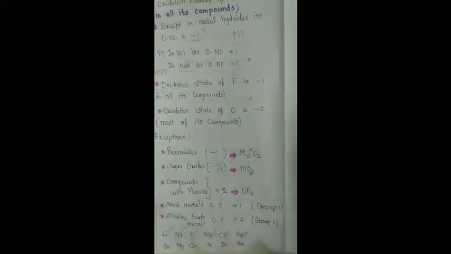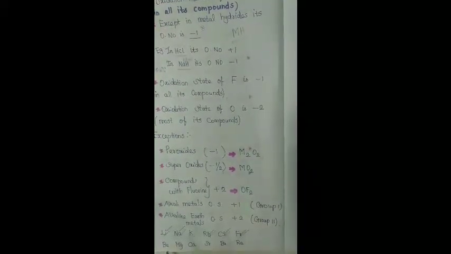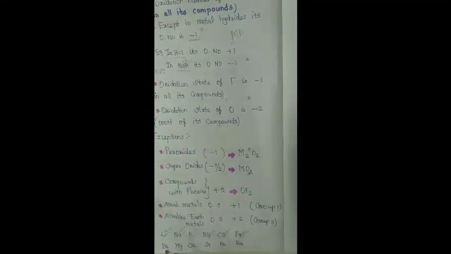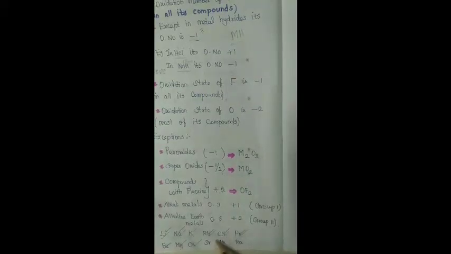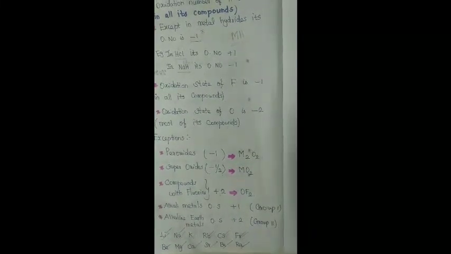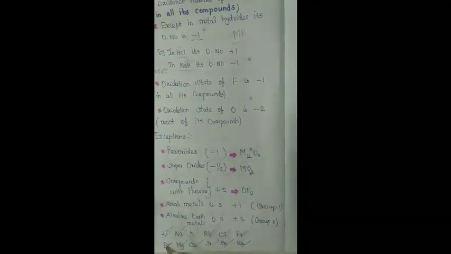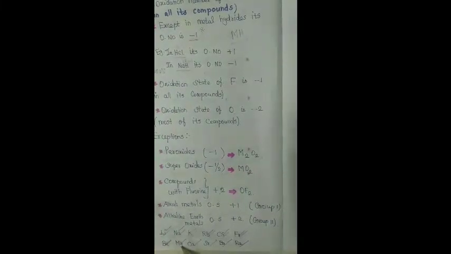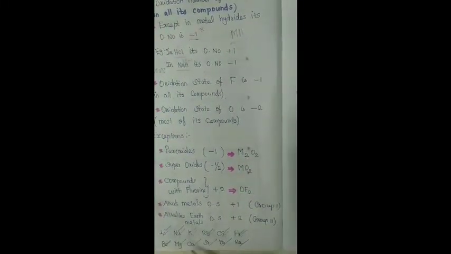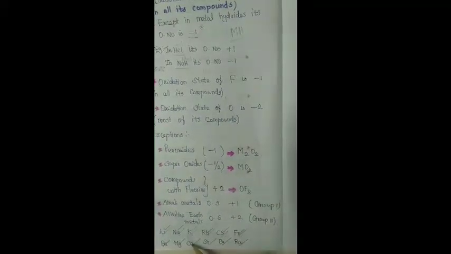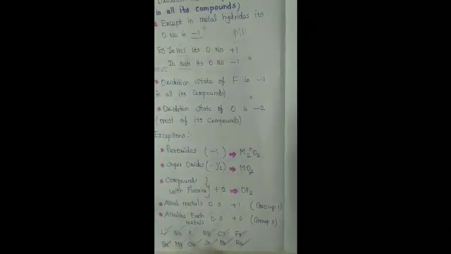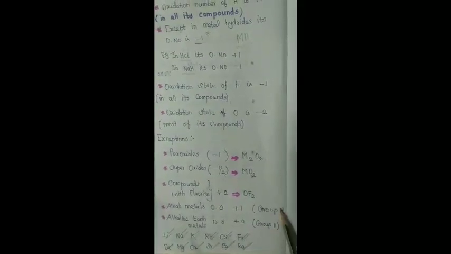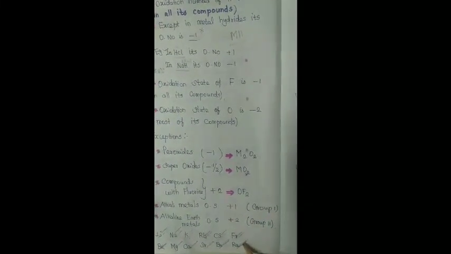And the next mnemonic is for group number 2. How will you memorize group number 2? Periya, Makku, Kalvan, Sar, Pare, Ragalaya. Again I am repeating. Periya means beryllium. Makku means magnesium. Periya, Makku, Kalvan, Sar, Pare, Ragalaya. So this is the way we have to memorize the group number 1 and group number 2 elements. Okay students.